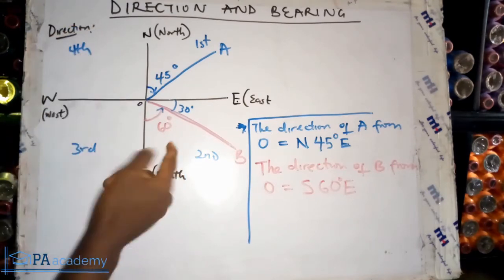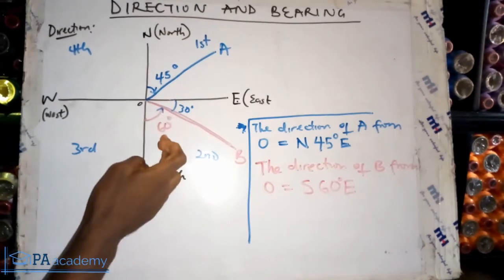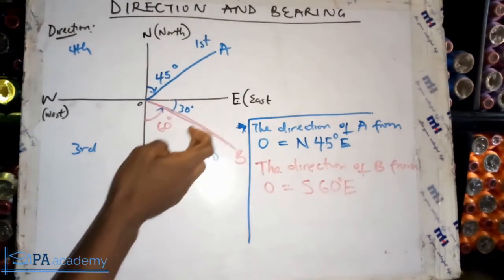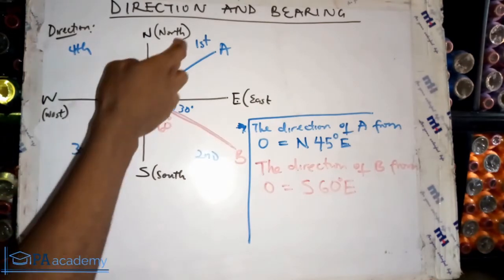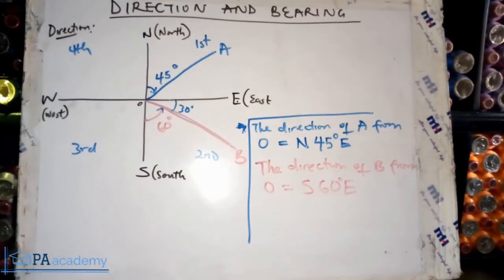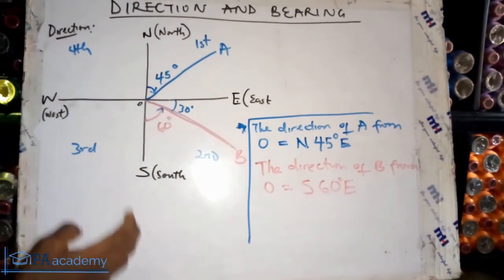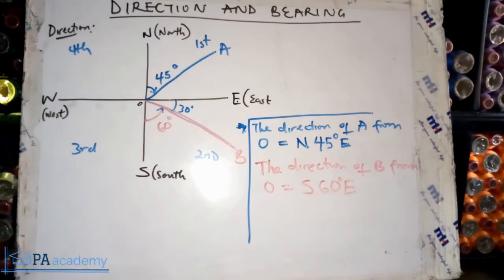Since we know that this angle is 60, the right way to pronounce it is south 60 degrees east. Because if this angle is 60, that means the other is 30, and saying east 30 degrees south is very wrong. Same applies to this first quadrant also. You cannot say east 45 degrees north. You are either starting with the north or starting with the south. So let's look at another angle.